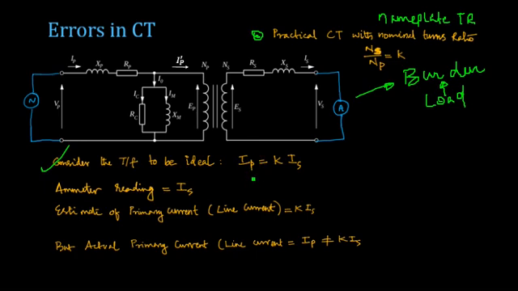Now we are assuming that the transformer is an ideal one. So if it is ideal, what happens for a CT? IP is equal to K IS. So whatever current is here, multiplied by K, you get IP. That you already know. Now the ammeter reads IS. The primary current that we estimate, based on the assumption that the CT is ideal, is K into IS. That is also known to you. But is that the actual current flowing in the primary? No, because IP is not equal to K IS. Why is IP not equal to K IS in a practical transformer?